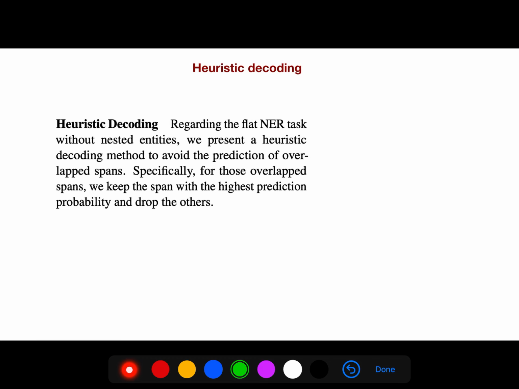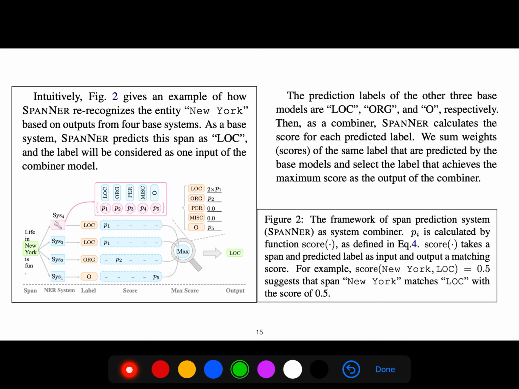Regarding the flat NER task without nested entities, we present a heuristic decoding method to avoid the prediction of overlapping spans. Specifically, for those overlapping spans, we keep the span with the highest prediction probability and drop the others.